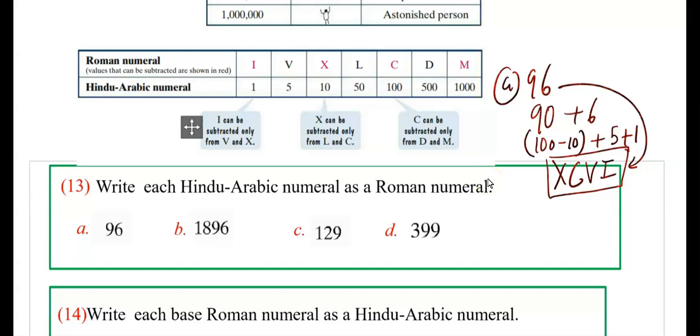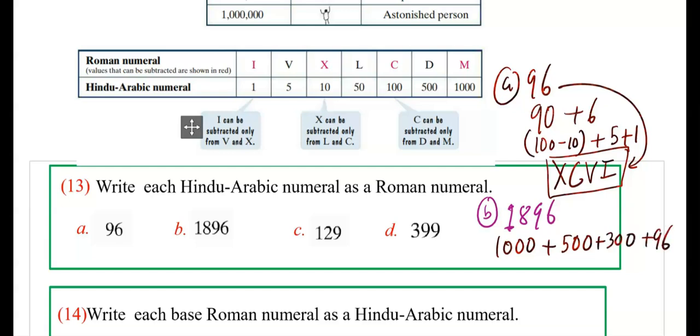Part B, 1896. If you think about the 1800, obviously it starts with 1000. Let me break it down first. Okay, 1000, which is 500, 300, right? 96. It makes sense? I have a symbol for 1000. I have a symbol for 500, and I can write 300 by repeating C 3 times. And 96 I already have here. Therefore, altogether it is going to be